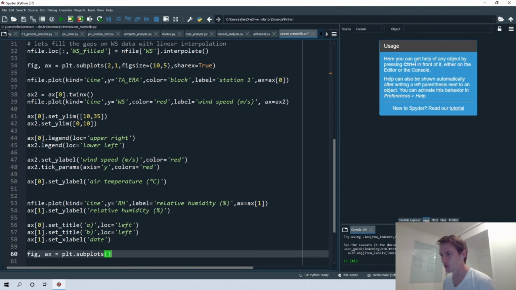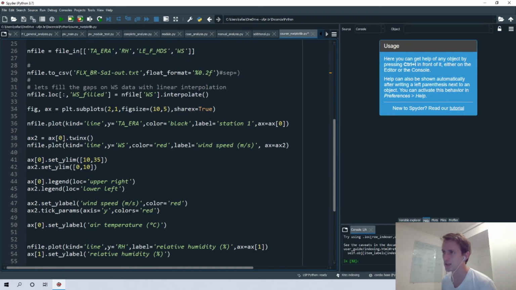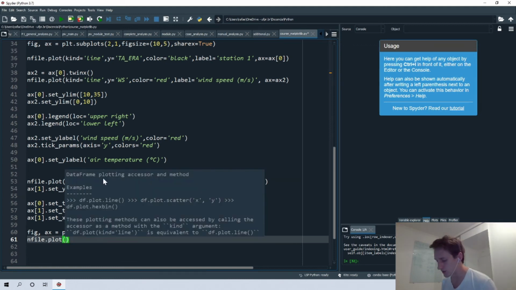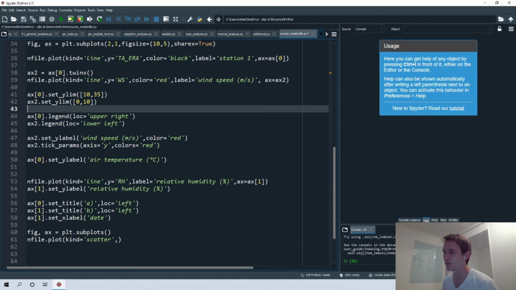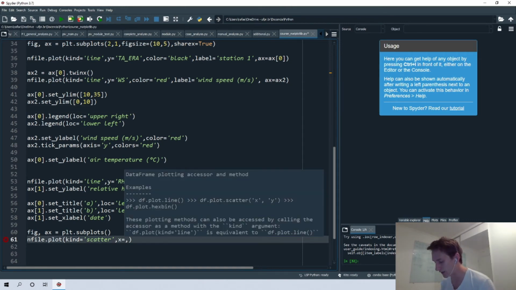Okay, so for example, we use data from this data file again, so infile.plot. Now we want to specify the kind of plot, which will be a scatter, and then now we have different values for x and y, so we must specify both variables.